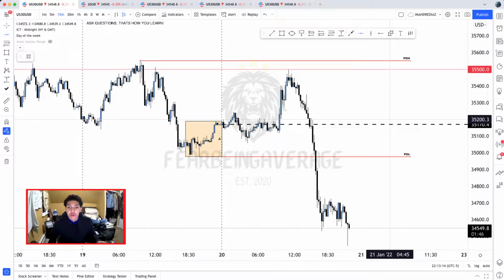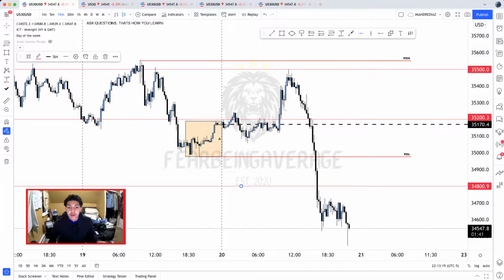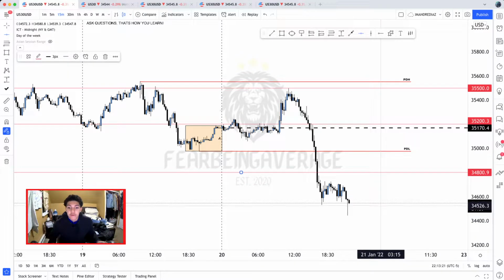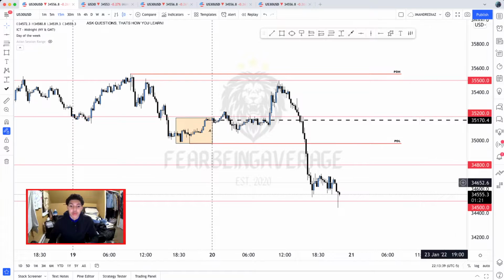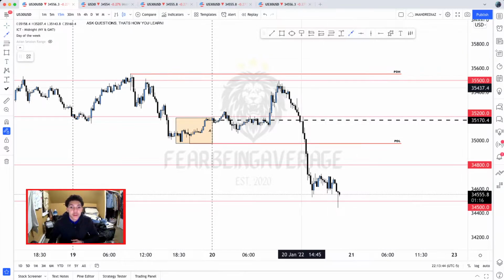We have 35,200 here, 34,800, and then we have the final one where we made the low of the day at 34,500. So these are all the main areas that got targeted today. Here I'm gonna have to make them all perfect because I got OCD, and even if it's just off by 0.9, I cannot have that. Even by 0.3 can't have that. Need it to be perfect. So we have all our big figure levels, 34,500 and then 35,500. At 35,500 we made the high of the day, and down here we made the low of the day. And we're going to annotate this.